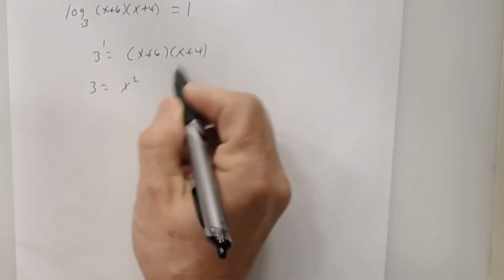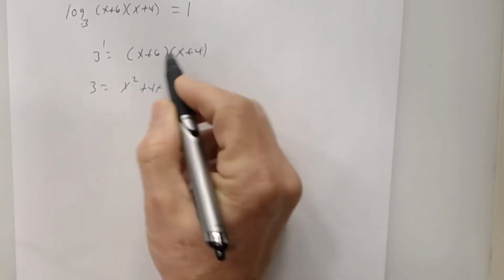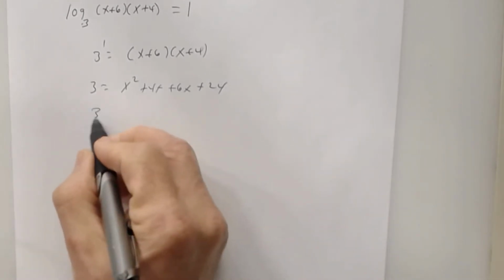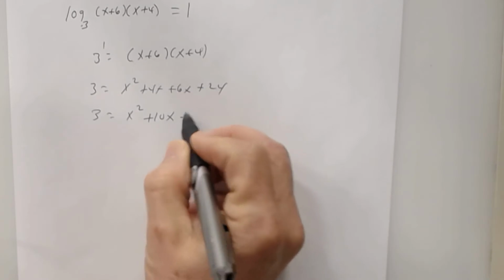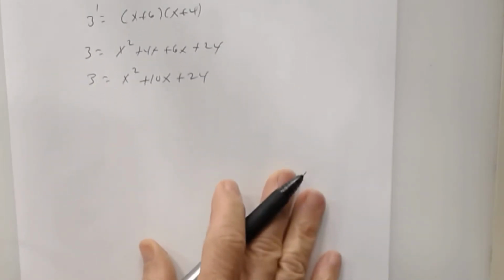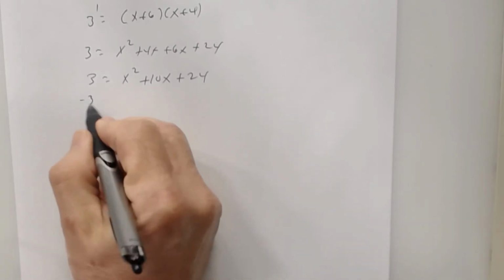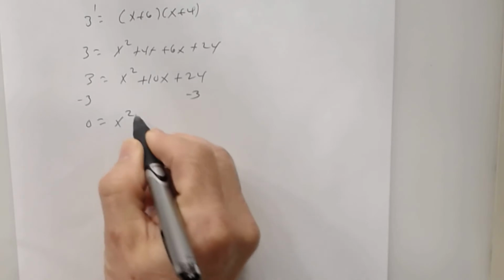What's the outer? What's the inner? And what's the last? Combining our terms, I get 3 equals x squared plus 10x plus 24. And then finally, let's put it in general form or standard form. So I subtract 3. And I get 0 equals what? X squared plus 10x